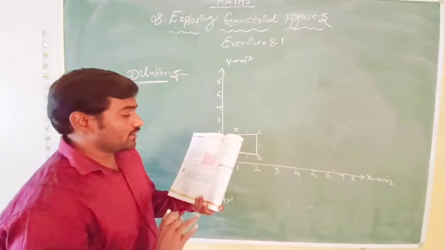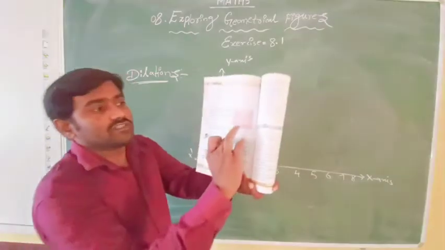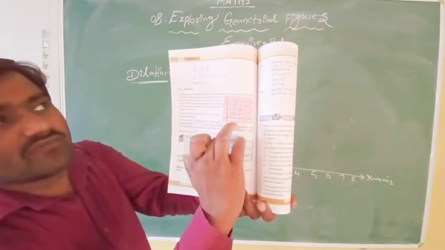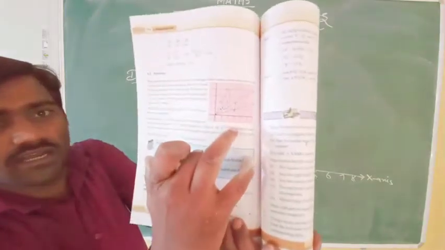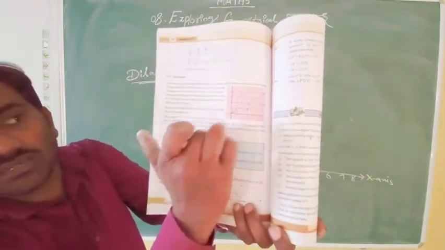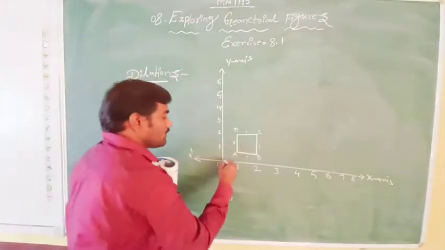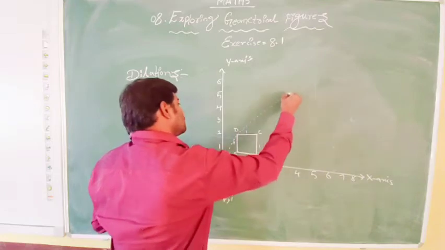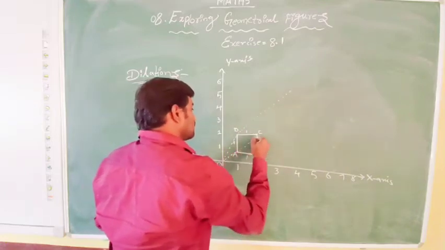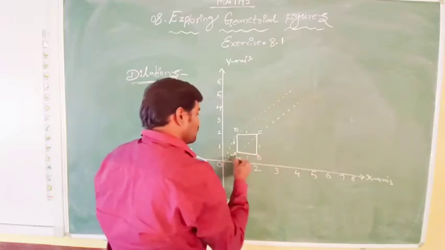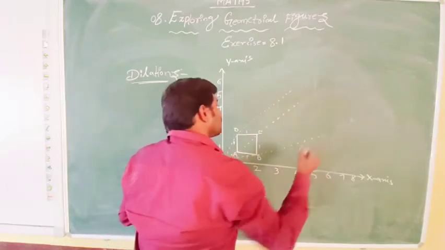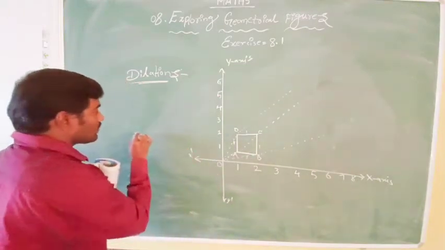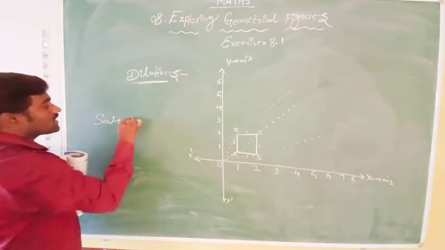Then here I will give you a picture which is shown in the textbook at page number 194. You can see clearly what is called dilation. These dots say that, here in the textbook you can see very clearly again. If you want to draw a scale factor of 2, you need a scale factor.